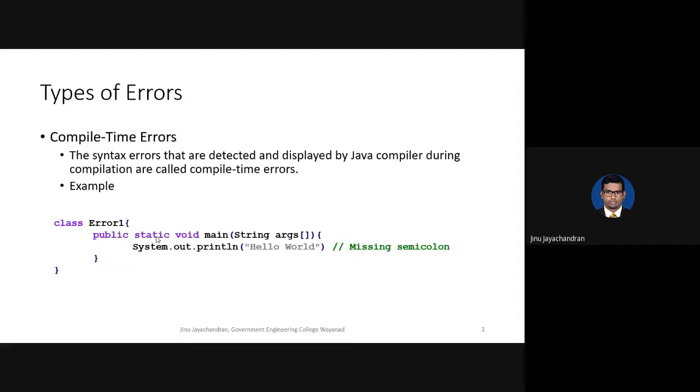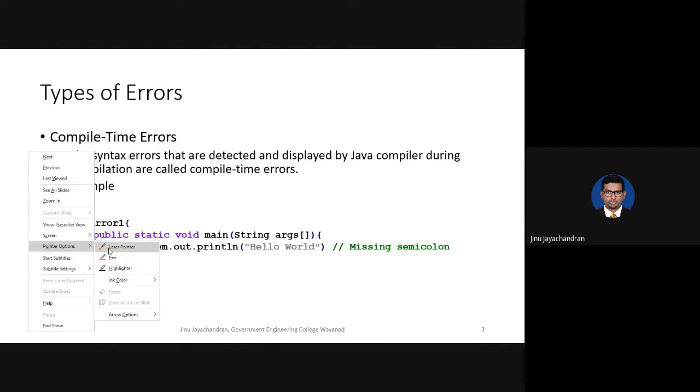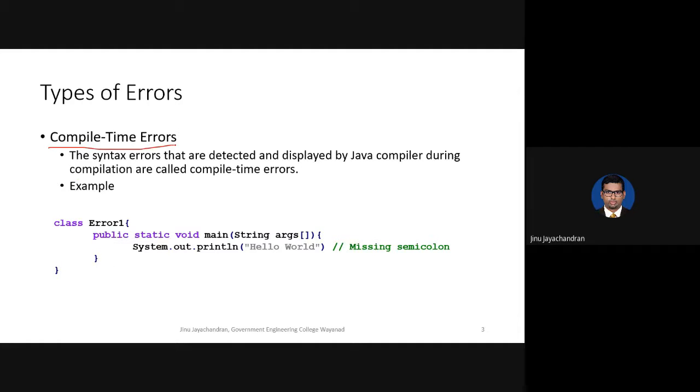Before we move on to discuss how to solve exceptions, let's see what the types of errors are. The first type of error is called a compile time error, an error which occurs during compilation. As we have seen in C++, in Java also there is a compilation part by the interpreter. For example, in this code, you have missed a semicolon here. So if you compile this code, it will give an error. This is called a compile time error.